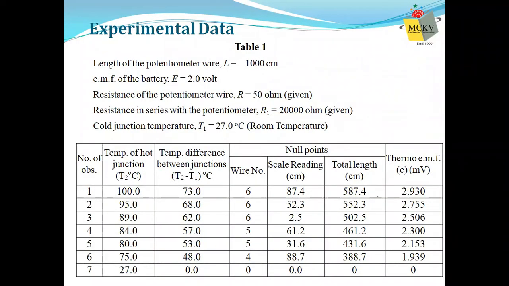These are the readings for all the temperatures. You can see the temperature is this of the hot junction. So this is the temperature difference, delta T. You see the delta T is getting reduced, and you can see the wire number is also shifting to a lower value, which means that the potential or the EMF developed is also reducing. And finally, you can see when there is no temperature difference, the EMF induced is also 0. You know that without a temperature difference, no EMF can be induced. That was the primary condition for inducing EMF.